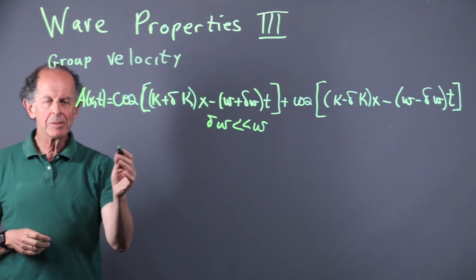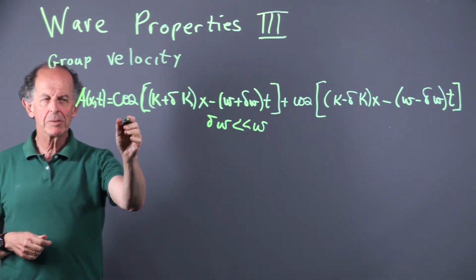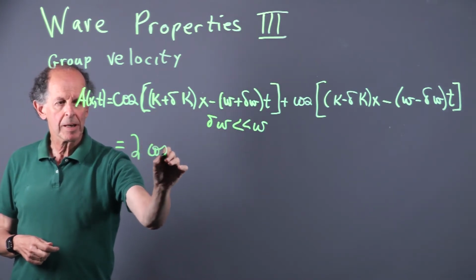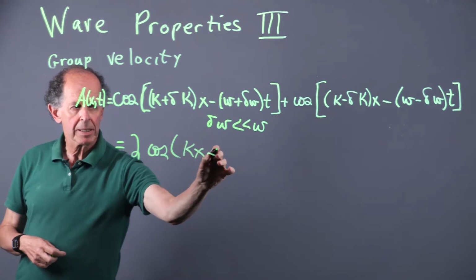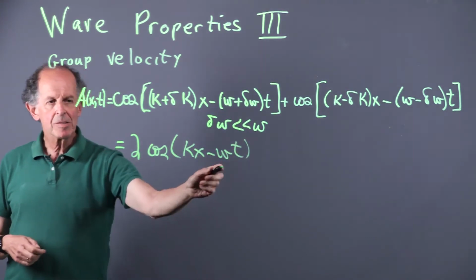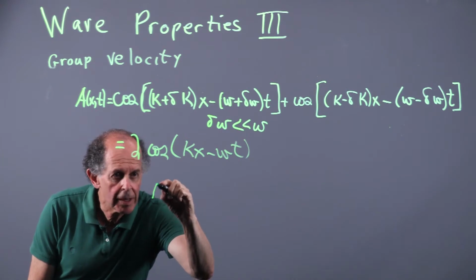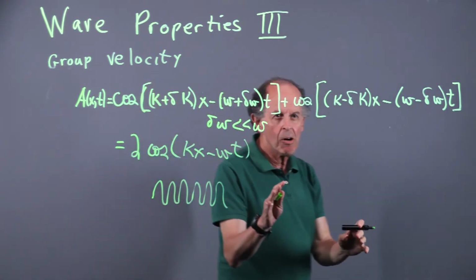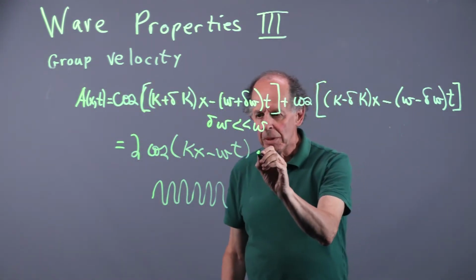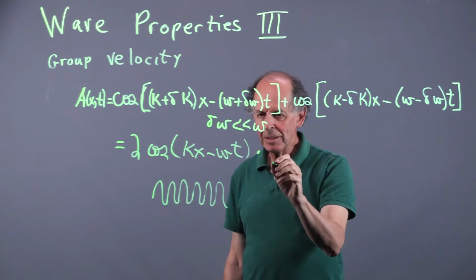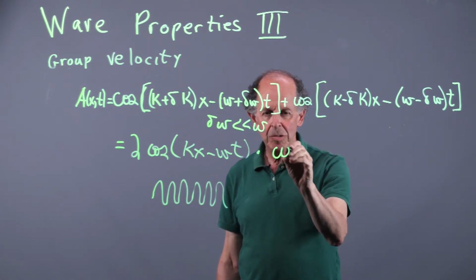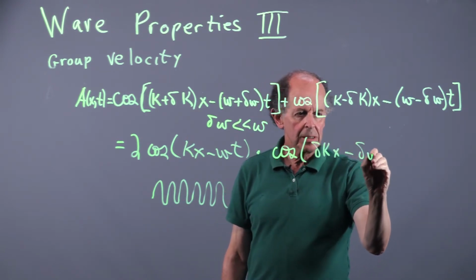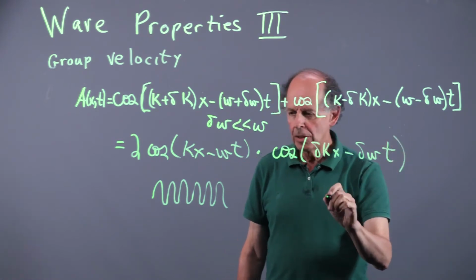Now, what we can do to understand this better is to use a trigonometric identity to combine these. If we do that, we get twice the cosine of kx minus omega t. So that is a high frequency wave, so let's draw it. High frequency. And now we need to multiply by what's left in this identity, which is going to be cosine of delta kx minus delta omega t. And this is a low